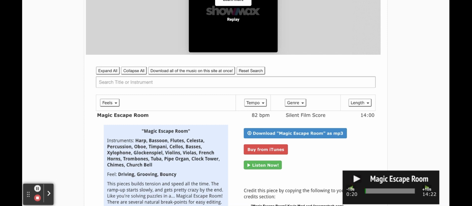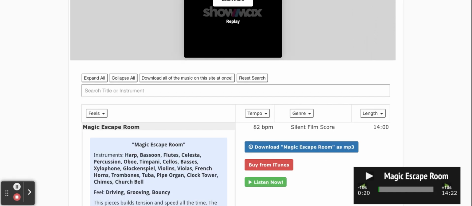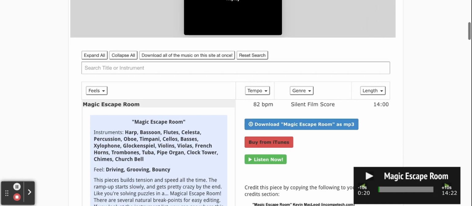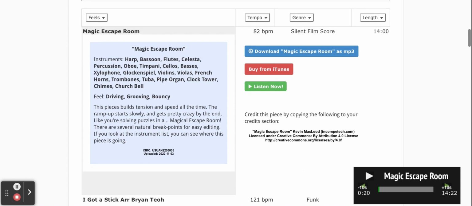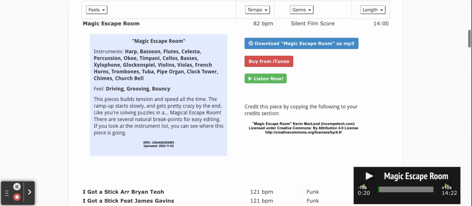So that is perfect. You can say download Magic Escape Room as MP3. So you would probably go and scan here, maybe get 1 or 2 or 3